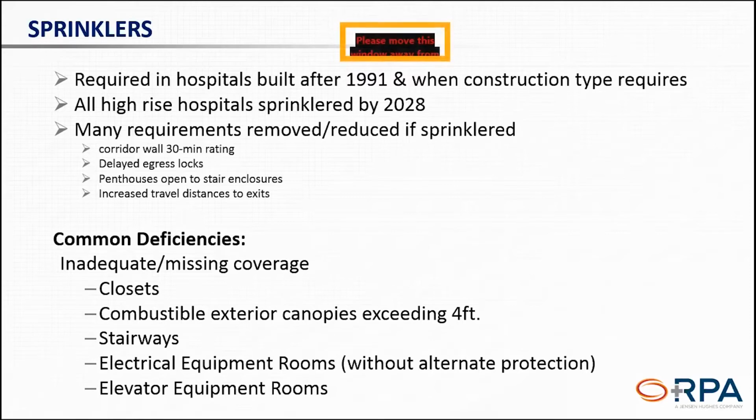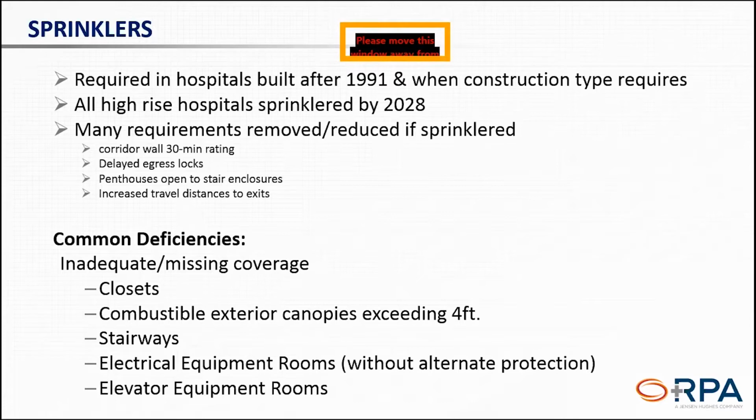And in some jurisdictions, elevator equipment rooms are typically permitted to be omitted from sprinkler protection. So there's a really interesting conversation there. Depending on the jurisdiction you're in, depending on the state or perhaps even the city, your local jurisdiction may not permit sprinklers to be installed in your elevator equipment rooms. Well, if that's the case, then we've seen CMS and Joint Commission be okay and allow sprinklers to be omitted in those elevator equipment rooms. The hard part is not every jurisdiction is going to come right out and say we